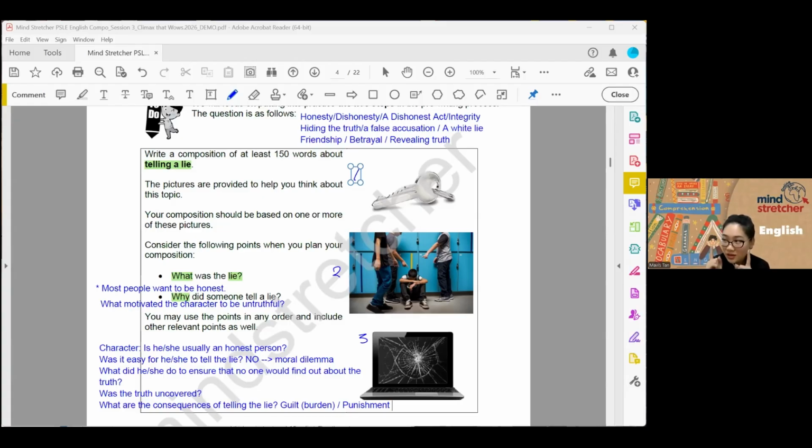Then the next question for you to consider is, what's the relationship between the liar and the person suffering the consequence? Do they actually have a close relationship? Is the relationship forever ruined? Something for you to consider. Because if these 2 people have no relationship, they're absolute strangers, very little consequences, right? Like, I'm just going to move on with my life.